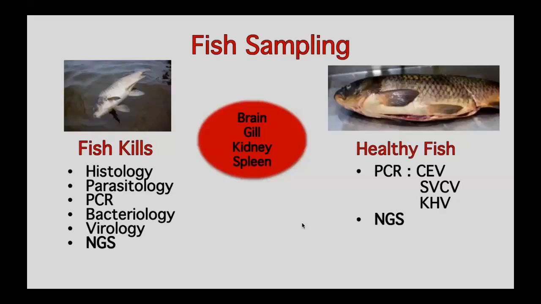And so once that host is dead, you're a lot less likely to be able to get those pathogens. But you can always find their DNA using PCR or using NGS. We also screened healthy carp. We used PCR for a couple of specific pathogens. So we looked for carp edema virus, spring viremia of carp virus, and koi herpes virus. I already explained why we were interested in this one, but these two are also pathogens of significance for common carp that are species specific or have a level of species specificity.